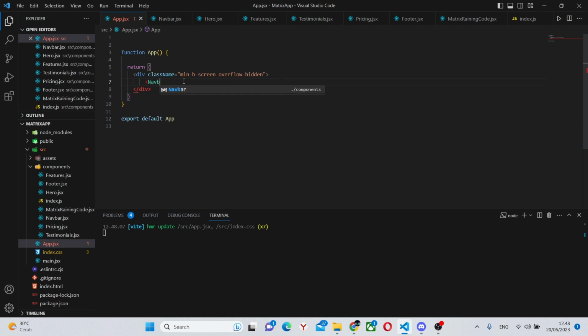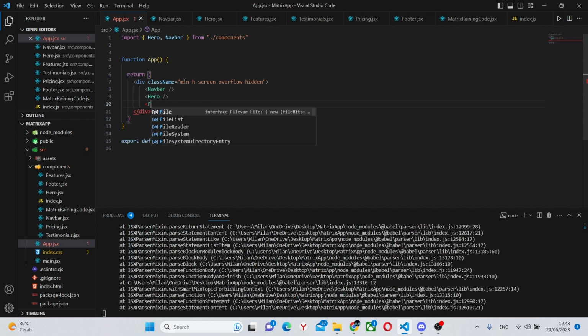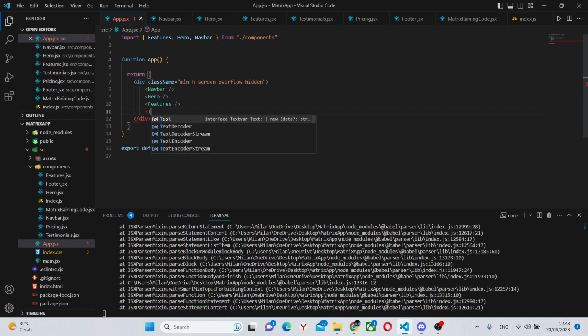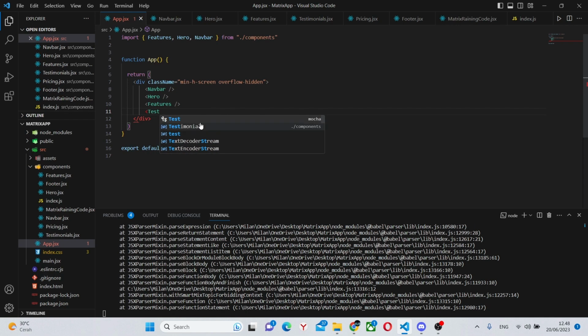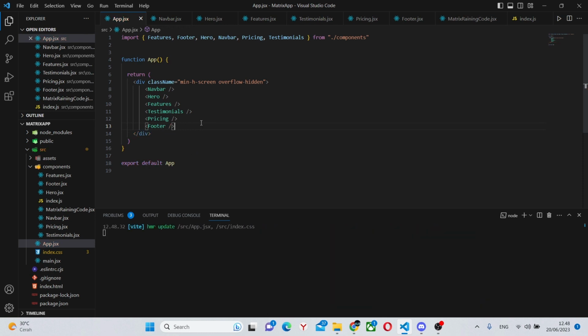So we can put in our navbar, our hero, our features, our testimonials, our pricing, and finally our footer. We didn't place the matrix training code yet because it acts as a background in our app, not as one of the components. So we can go back here, and as you can see, all of the components are placed correctly, which means everything is working so far.